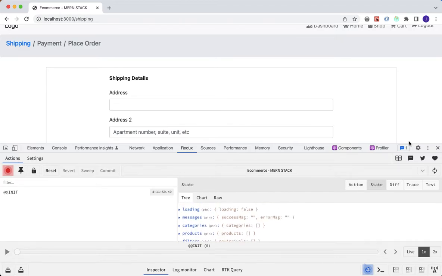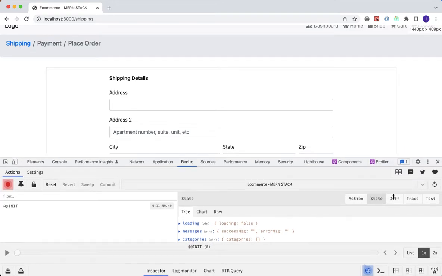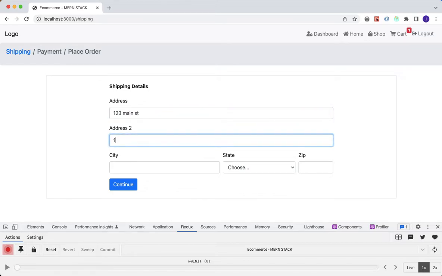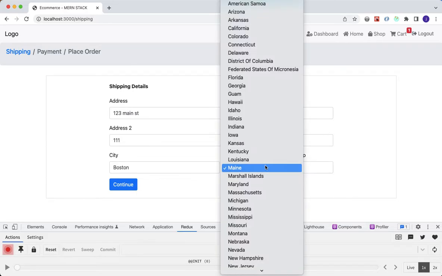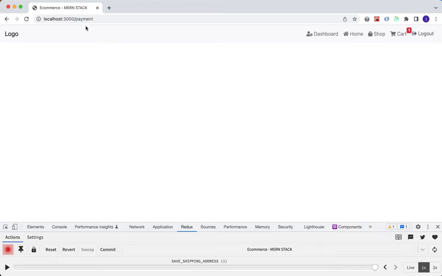But that should change the moment that the user clicks continue and fills out their information. So let's go ahead and test this. 123 Main Street. We'll do 111 city. We'll do Boston, Massachusetts. Zip 12344. Okay, and I am going to press continue, and we should be redirected to the payment page,